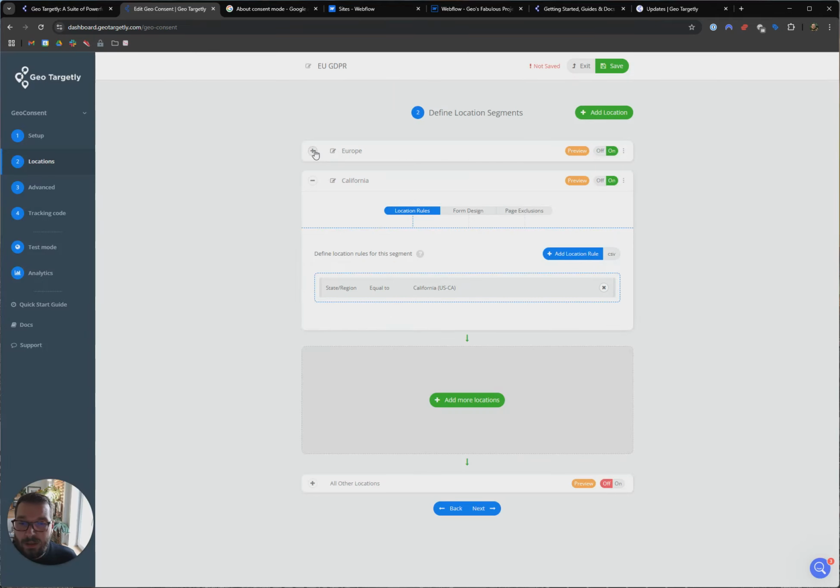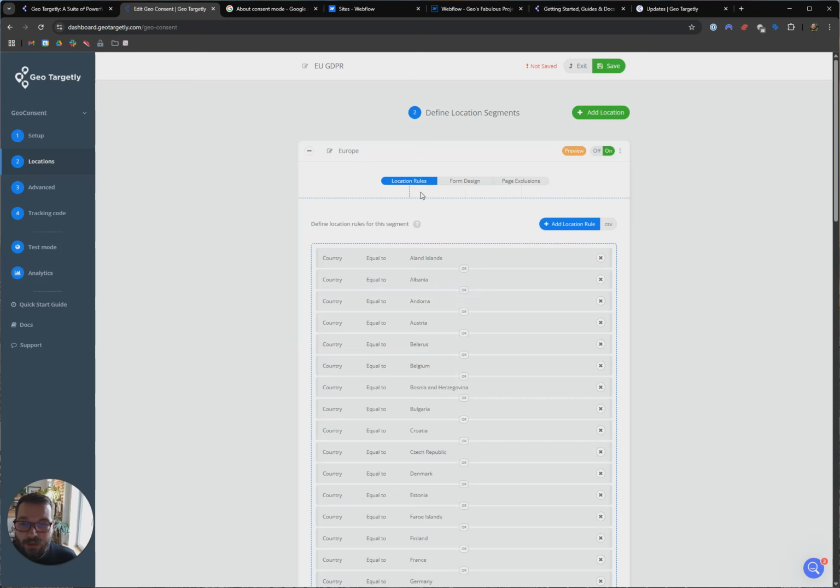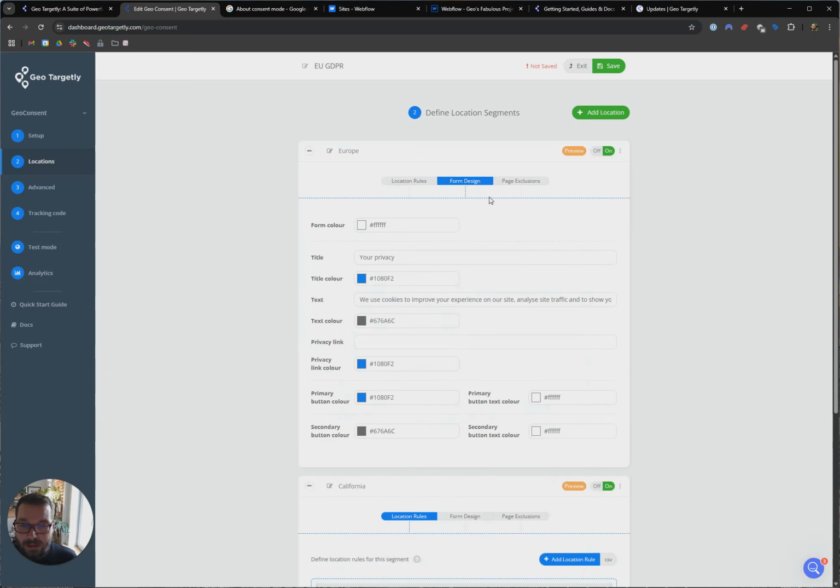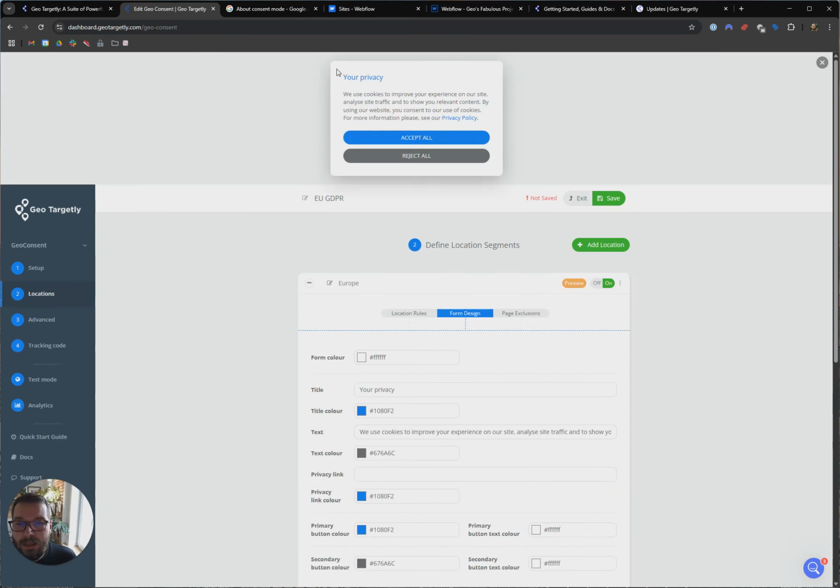Now let's return to our Europe segment, and from location rule we will move onwards to the form design. This is where you can customize your form. We already pre-filled most of this for you, and if you want to change it and see how it changes based on your preferences, you just hit this preview button and you can see that this is our current version of the privacy